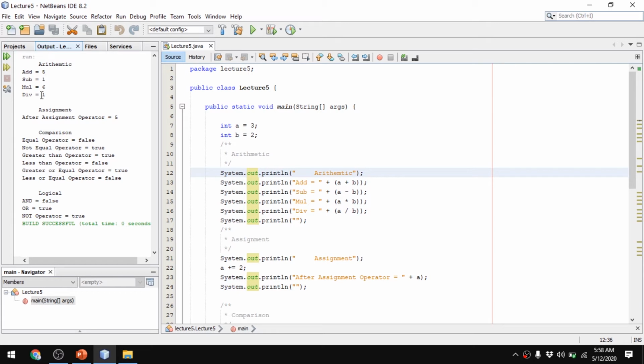outputted the value 1. That is the reason, because when we divide two integer numbers, it returns an integer. So what it basically does is forget about the point and the other values after that, and it only gets the value before the point.